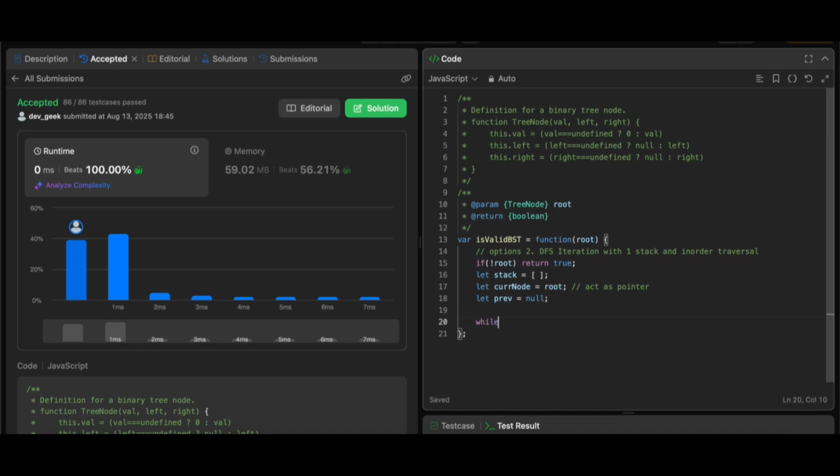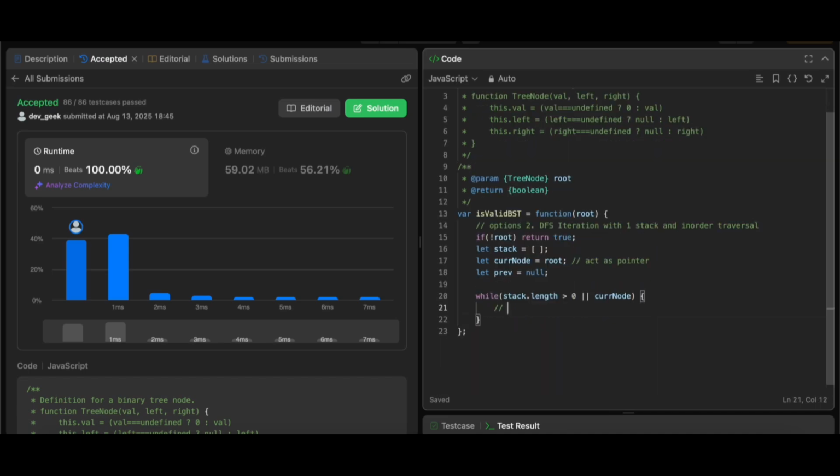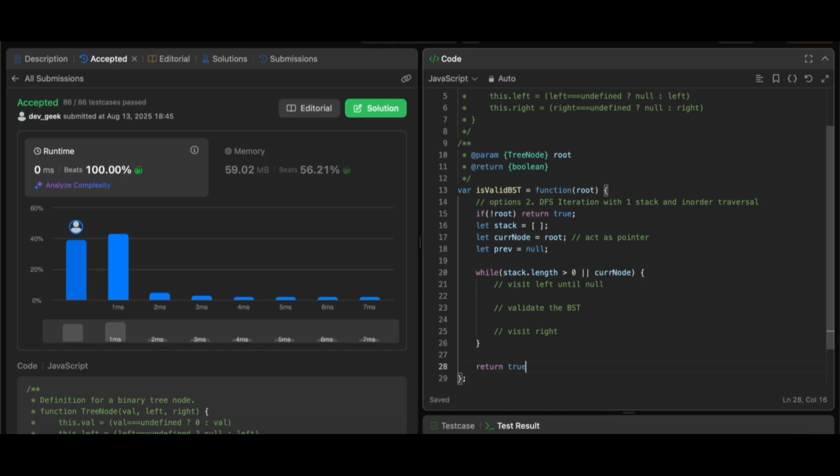While stack.length is bigger than 0, or current node is not null, we gonna visit left until null, validate the BST, visit right. Return true.